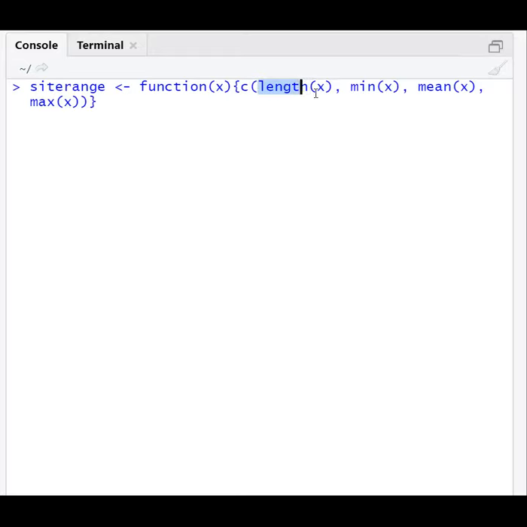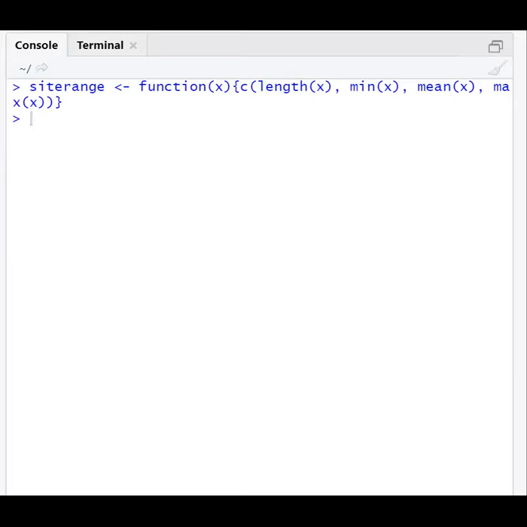This vector contains the length of x, minimum of x, mean of x, and maximum of x, where x is an array. We pass an array, and this site range function will return the length, which indicates the number of elements in that array, the minimum value, mean value, and maximum value. Now this function is created.